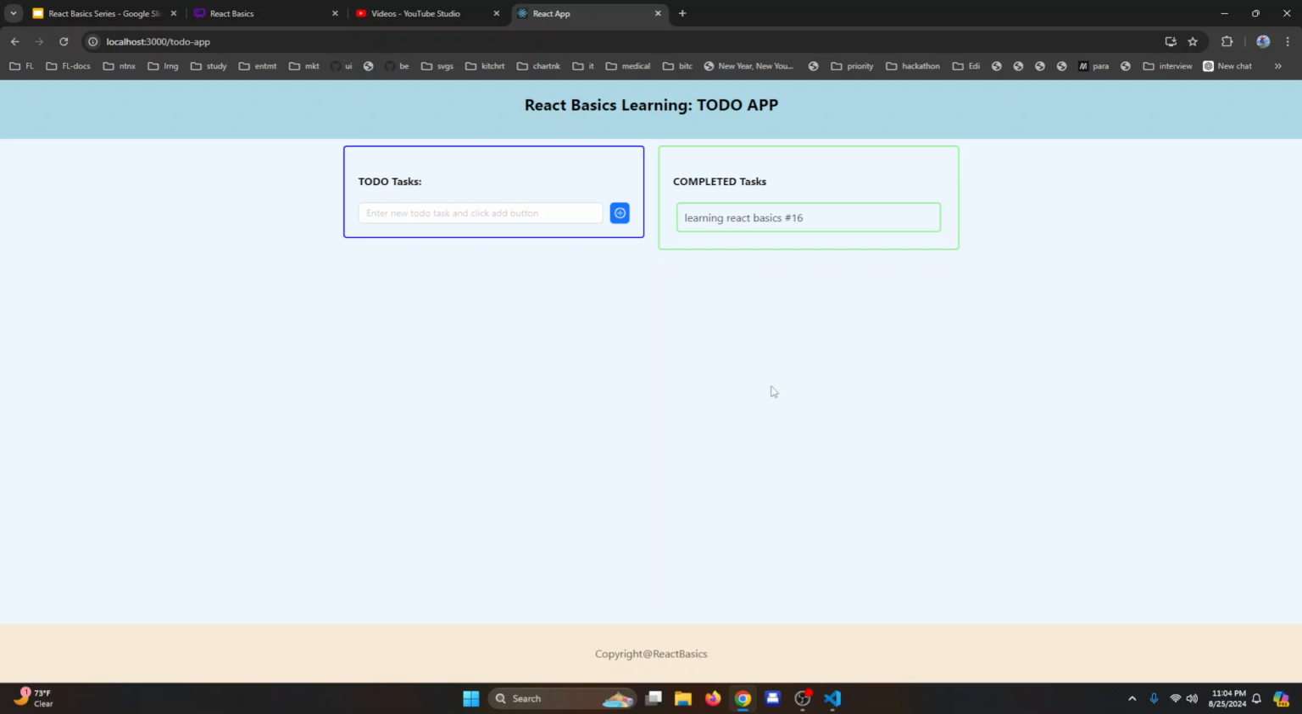In the previous lecture, basically we learned about how you can set up the routing for your React application, and we used the package called React Router DOM. If you have not watched that video, please go back and watch that. It is very informative and it will help you in setting up the routing for your React application in a